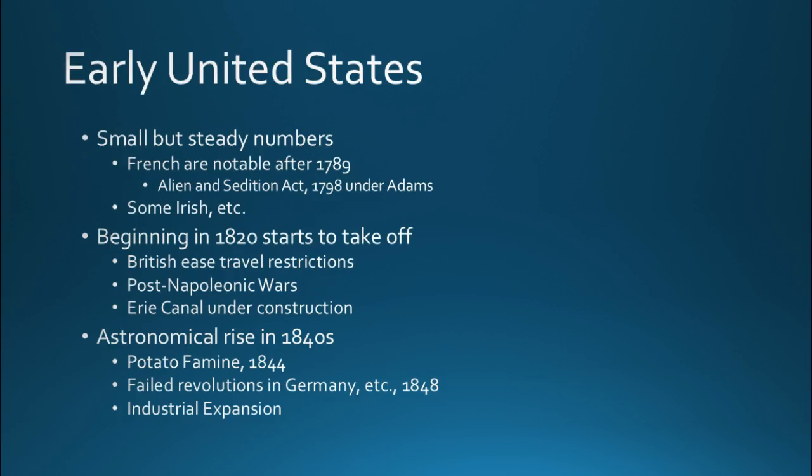So let's talk about the United States. Early United States, small but steady numbers of immigrants coming. A trickle are coming over to America. Some Irish, some from other countries in Europe. The French are notable after 1789 during the Revolution, to the point where in 1798,